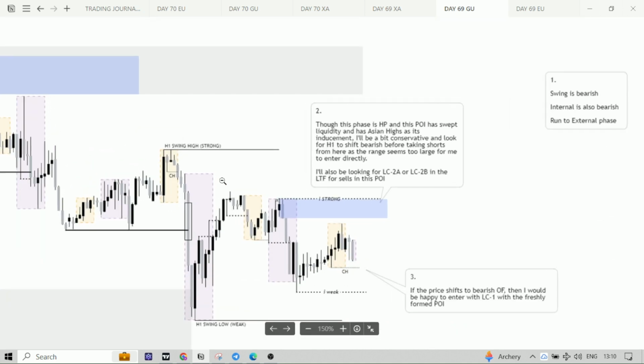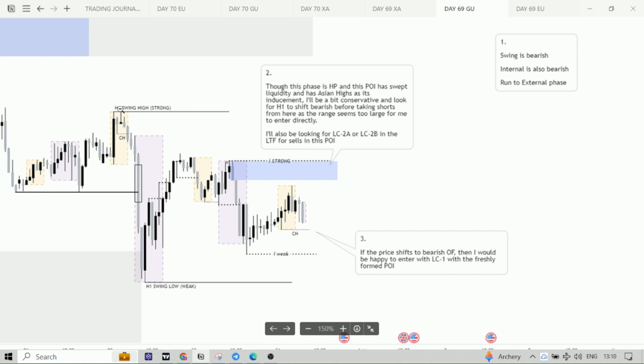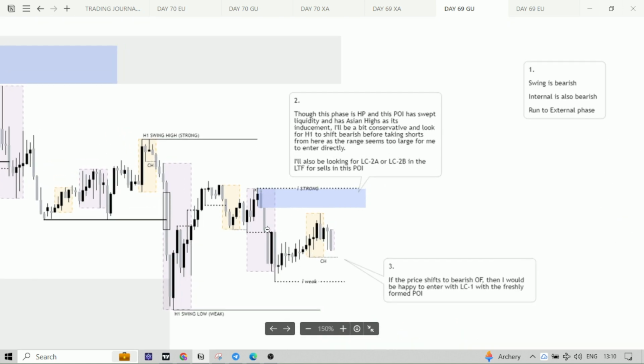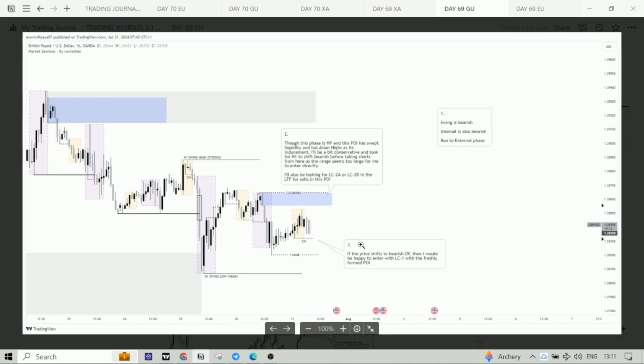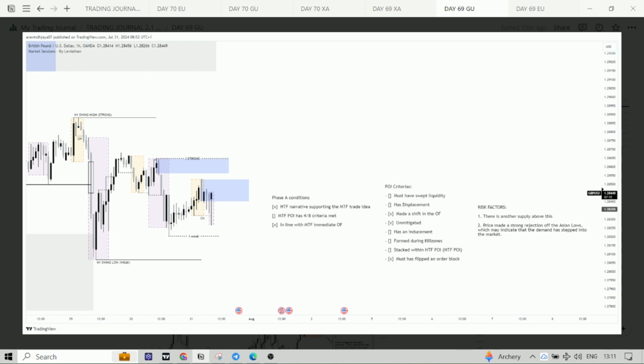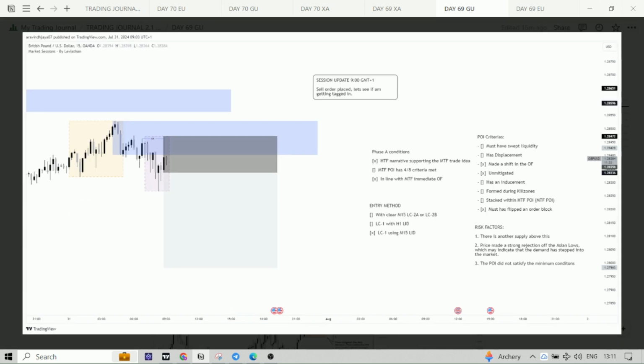This is the range that I was talking about, but I took that range as the swing structure of the H1. Also, you can see price came down and again it started to range. So actually I should have been patient till the price mitigated this extreme supply. Since it's phase A, I was so excited and I took the trade. It is what it is, but